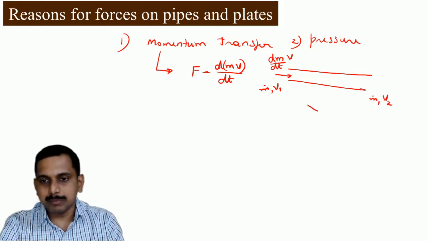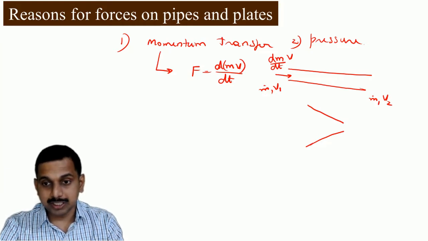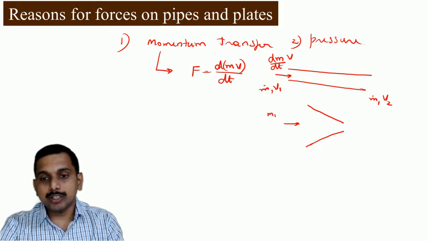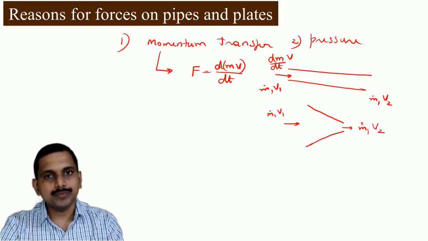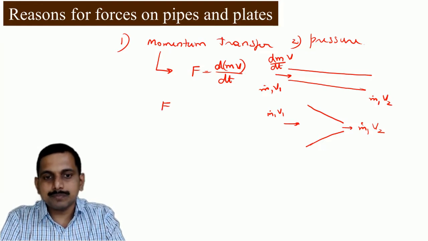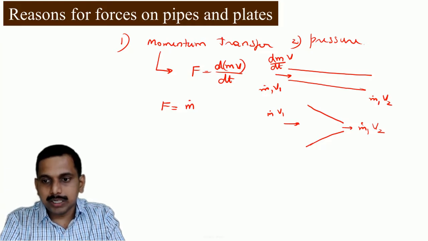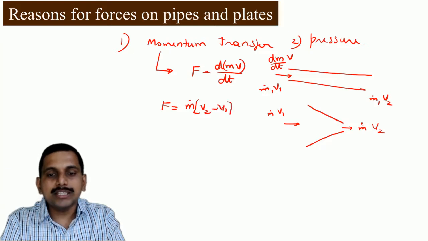Maybe I will have a nozzle. For example, if I have a nozzle like this, and what is the force on this nozzle, taking it as a one-dimensional flow? Here it is m1 dot v1. v1 is calculated according to the area, and the same mass flow rate is going, m1 dot into v2. So the momentum flux here, the force, is equal to dmv. When you say dmv, momentum flux is m dot, I will not put m1 m2, let it be m dot into v2 minus v1. This is the force.